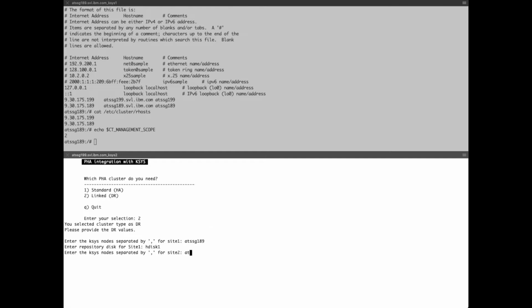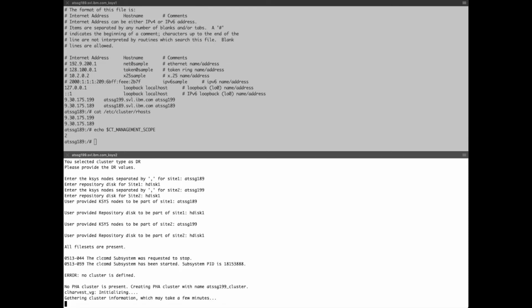And on site 2, I'm going to use 199, which was the name of that one. And since I know that there's only 2 disks, I'll go ahead and specify hdisk1, and from here on out it's going to do the remainder of the configuration. It's going to detect that there's no cluster defined, and from there it's going to define sites, specify a linked cluster,